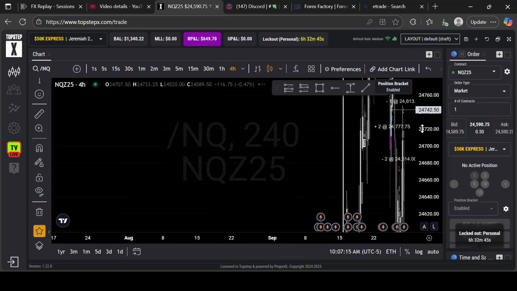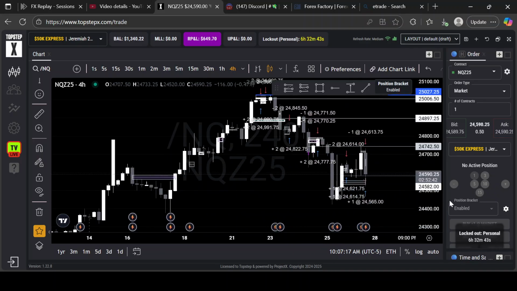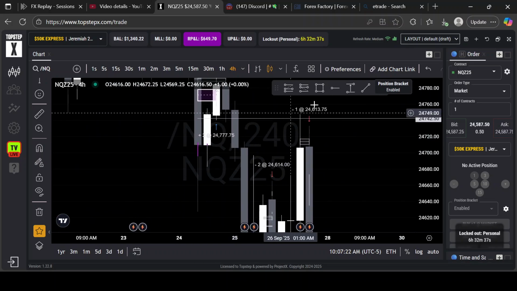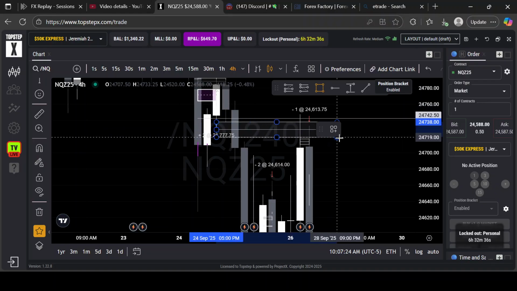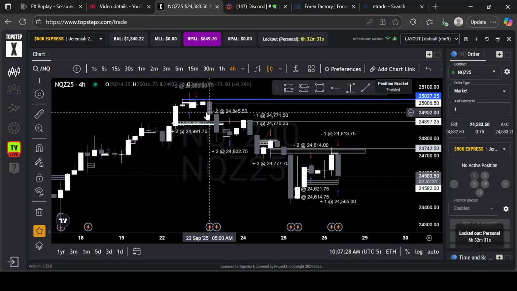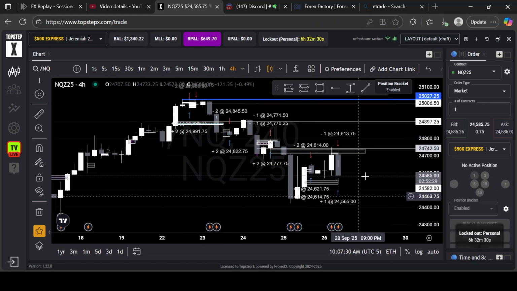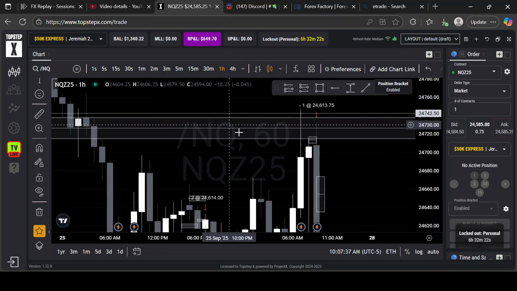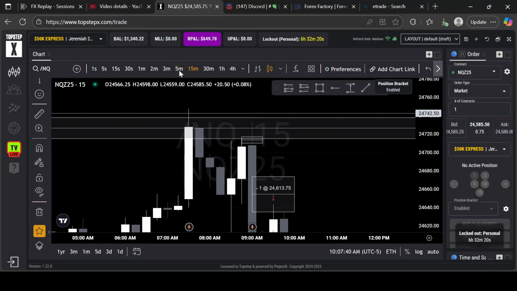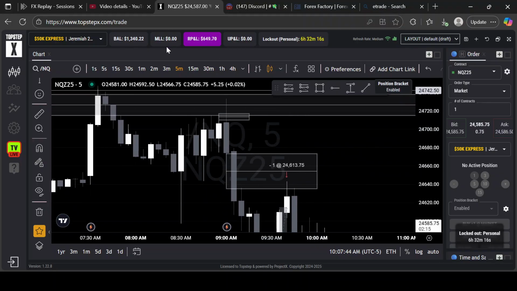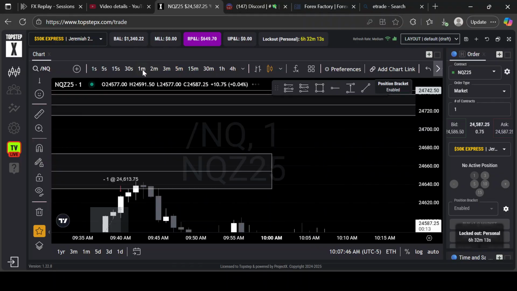Also, let me go to the higher time frame so I can explain to you why market dumped. As you can see here, there is this 4 hour bearish gap, and overall we've just been going lower and lower, right? It tapped into this 4 hour, no, 1 hour. Okay, it was just a 4 hour. It created an SMT on the highs, and I was just waiting for an entry, right?